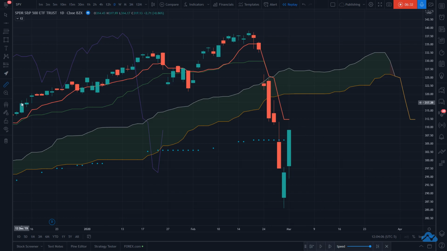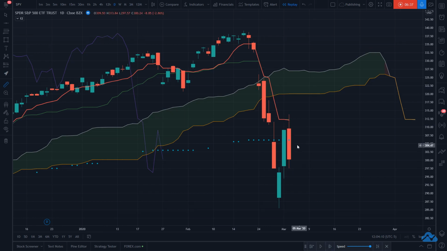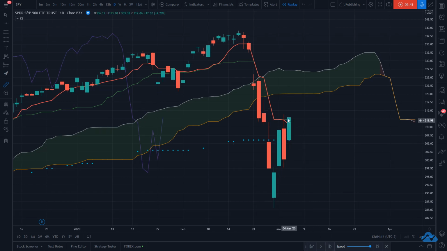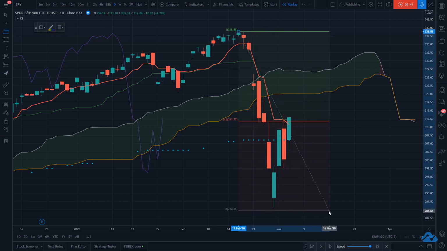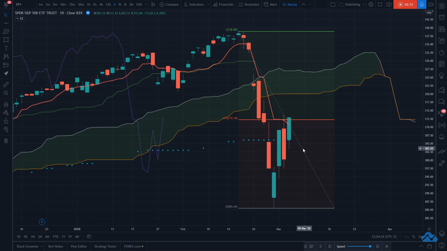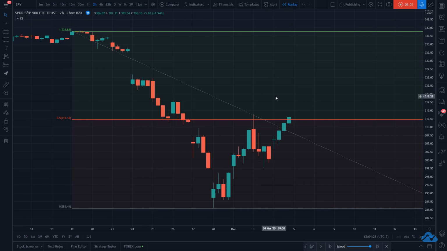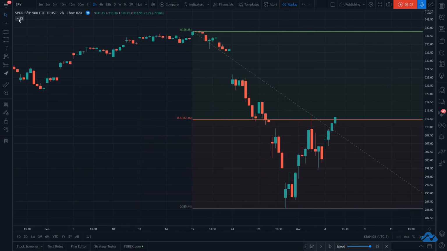But if you were patient and you watched, then you would have seen where on this day, March the 3rd, and then the following day, March the 4th, it pulled back to the 50% of its down move. And of course, there with Ichimoku, we have the Kijun-sen. If you want to validate it by looking at the lower time frame, let's say the 2-hour